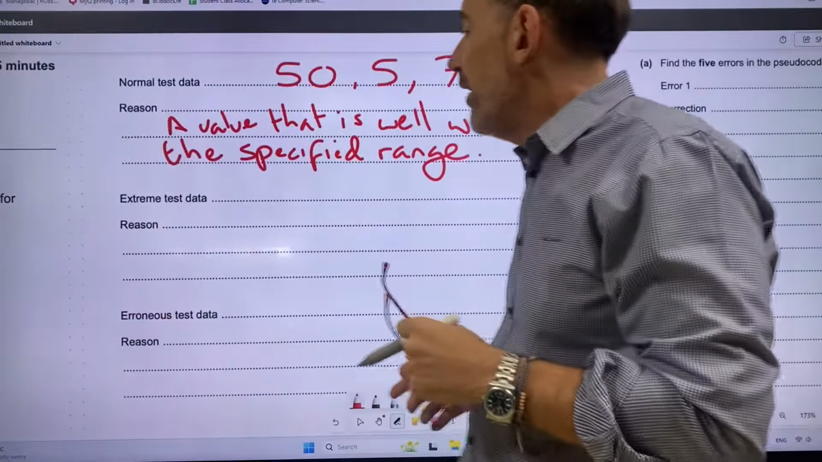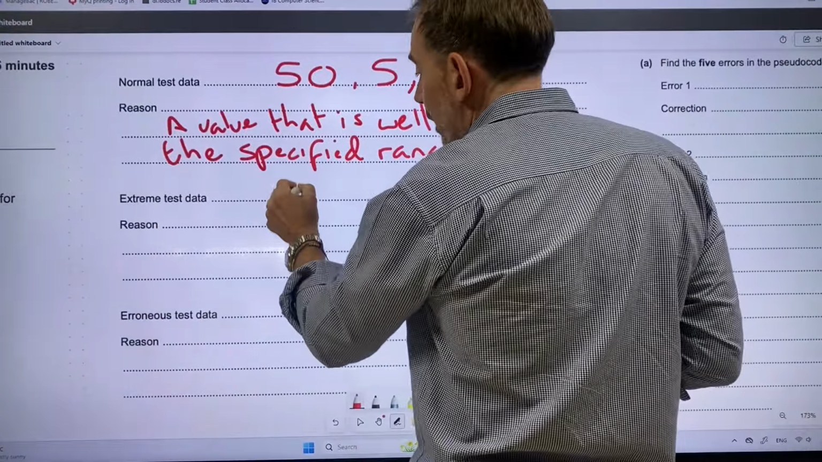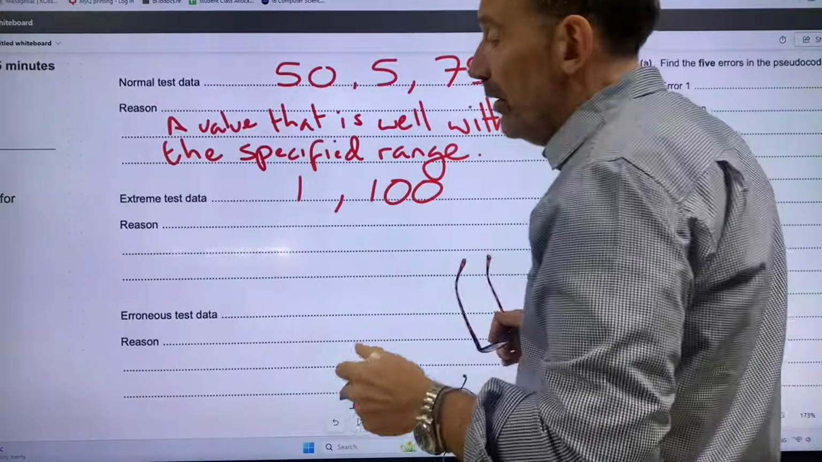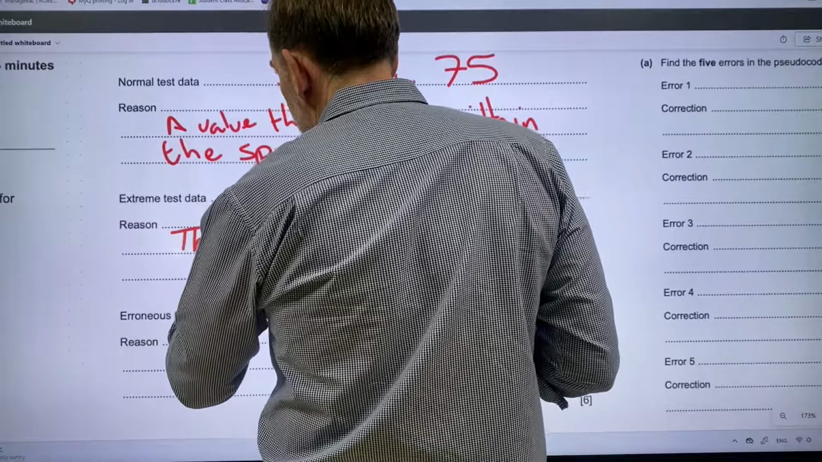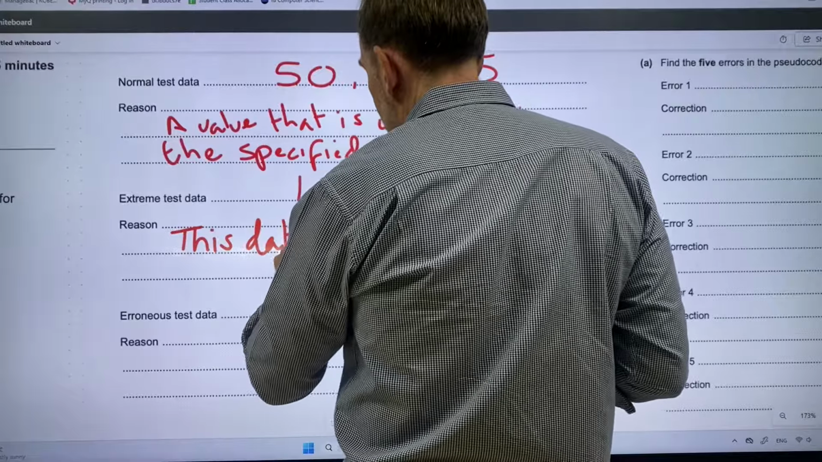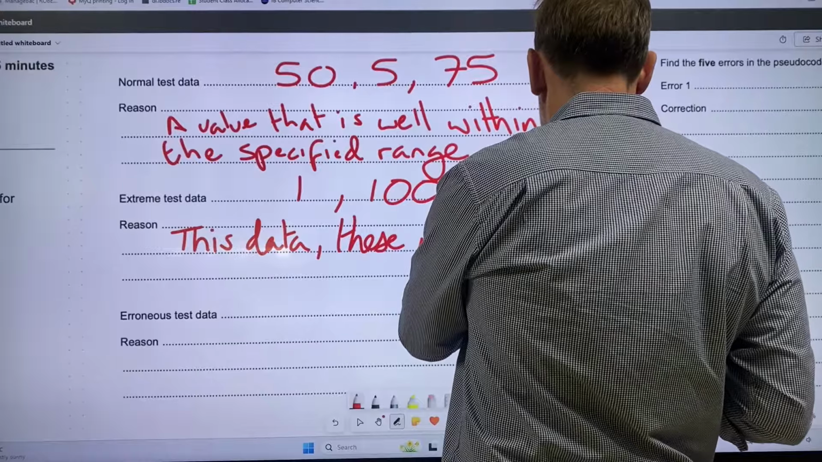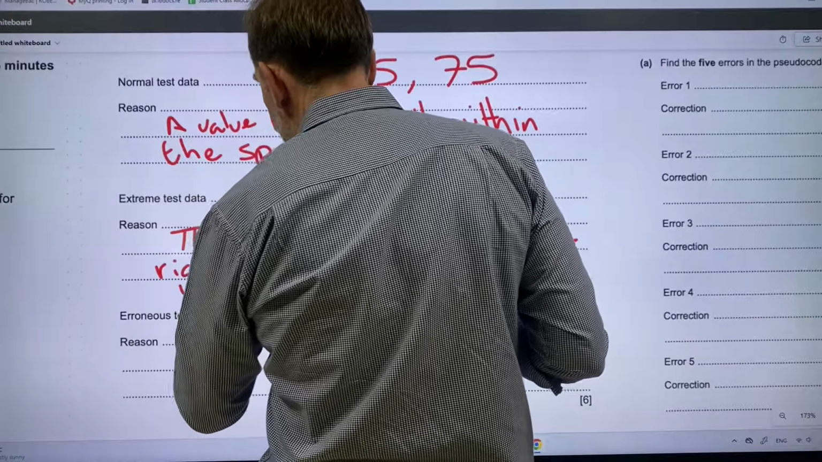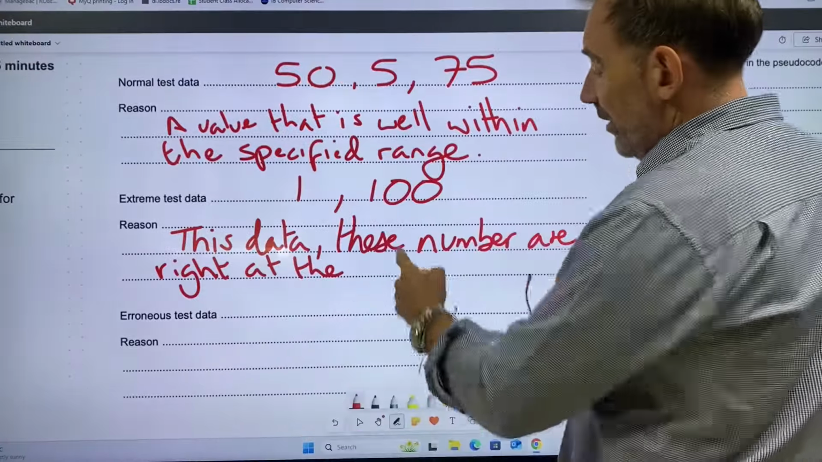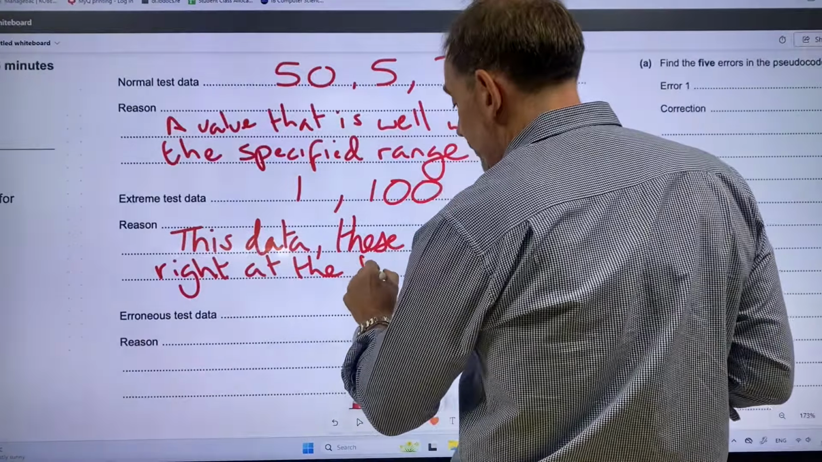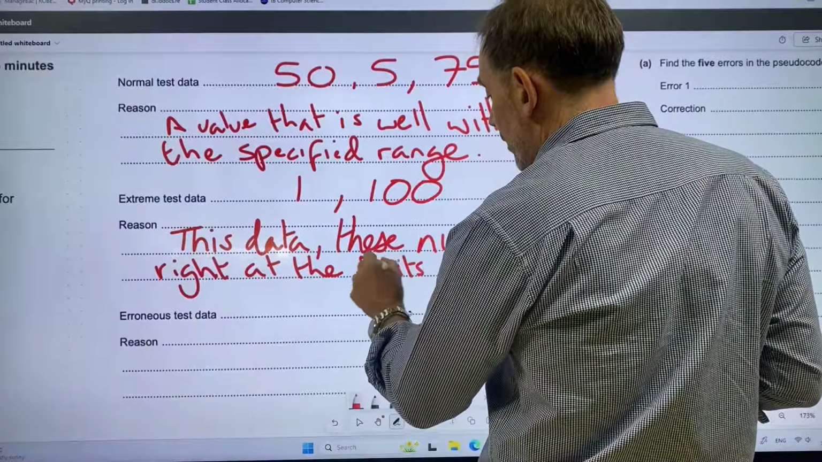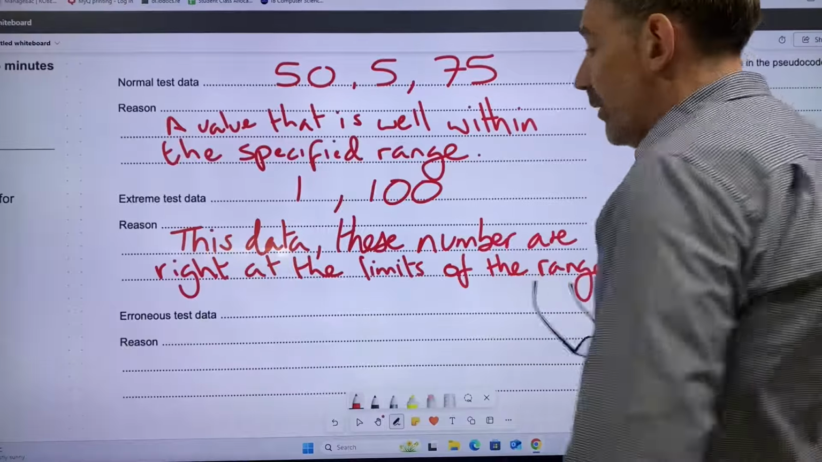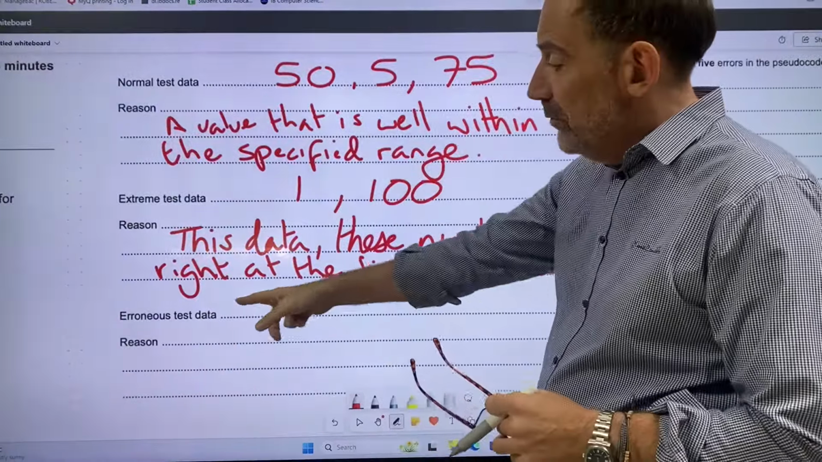Okay, a little bit like boundary data, in terms of it's either going to be the 1 or it's going to be the 100. The reason for this data is that these numbers are right at the limits of the range. Okay, and then erroneous data